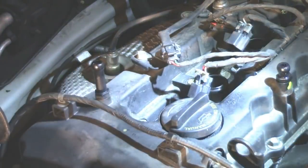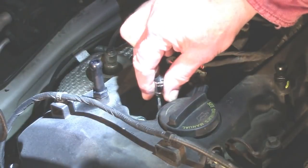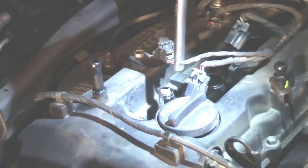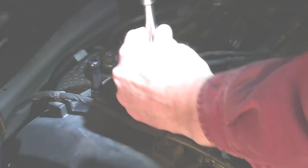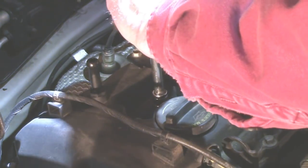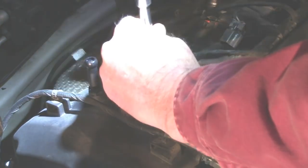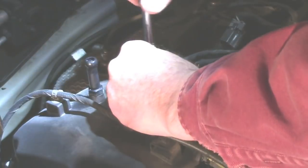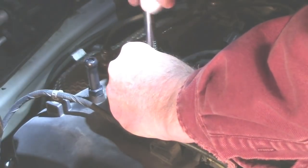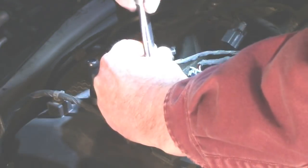Now I'm going to set up my wrench, see how much reach I have. Take off my 10mm socket. And again, keep that aligned toward the center, and okay, I got that started. Now I'm going to take my socket off, or wrench off I should say, and screw it by hand. Here's our plug,